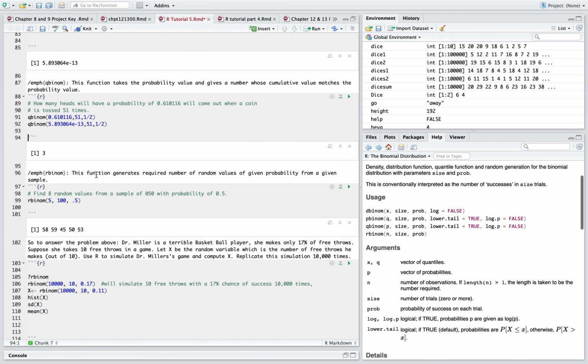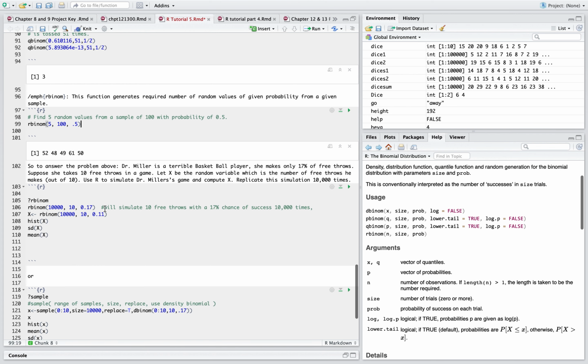Okay, so rbinom, this function generates the required random number of values of a given probability from a given sample. So here I want to find 5 random samples from a sample of 100 with a probability of 0.5. So here would be 5 random samples from 100. So to answer the problem above,